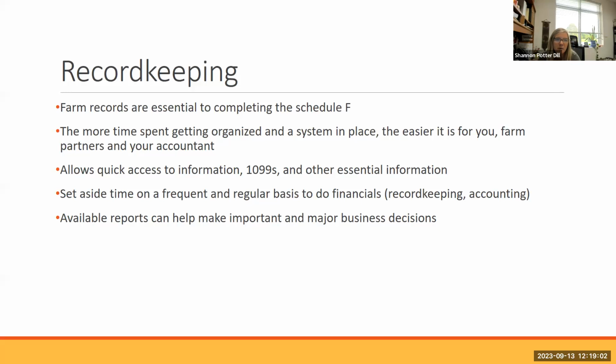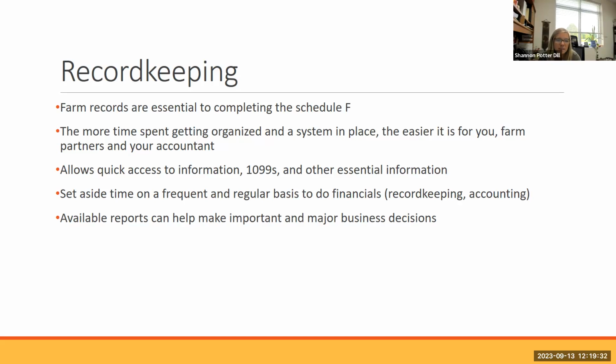So talking a little bit about record keeping as part of your Schedule F, we talked about the essentialness of having complete records. The more time spent getting organized and a system in place, the easier it will be for you, farm partners, and your accountant to put these together, to spend time preparing your tax records and filing for the upcoming year.